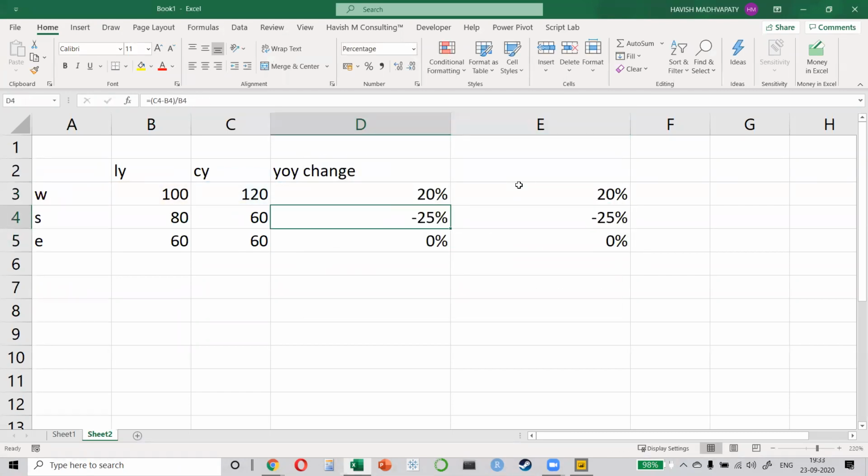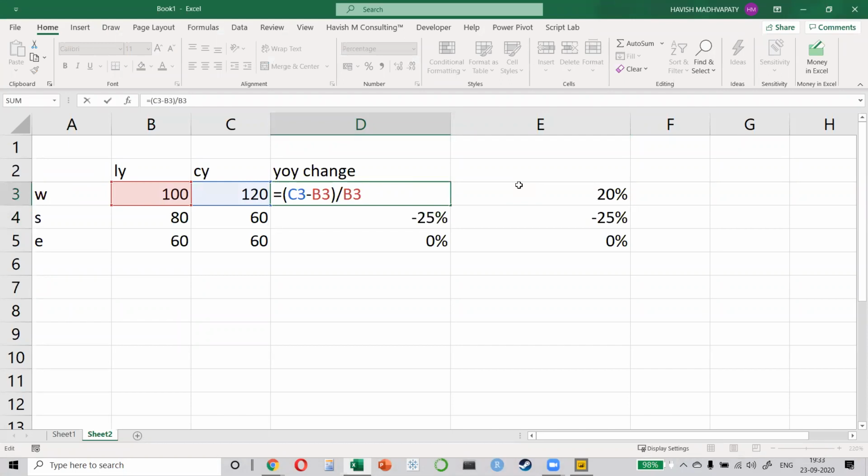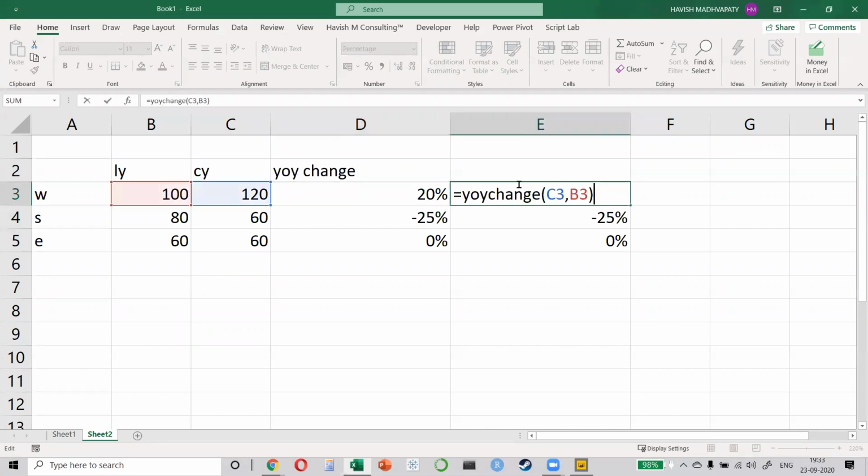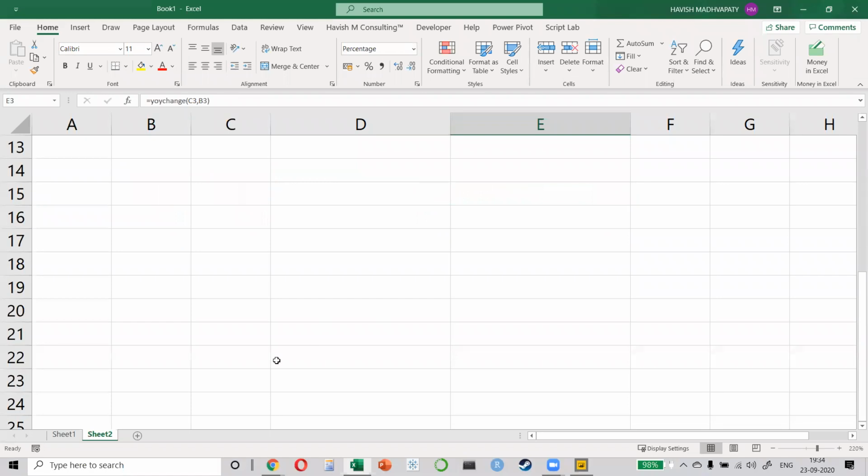Now you might say, but what's the big deal? I could have also written this, but why do you want to write a formula when you have a function? Isn't it simpler? It's simpler for you to work with. It's simpler to edit, to rectify a mistake. It's simpler for you to transfer this knowledge to somebody else. So if a new team member comes in, it's easier to explain how to work with this. And obviously you can create more advanced things.